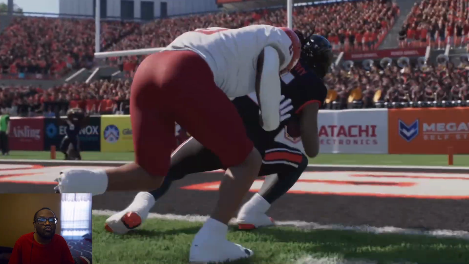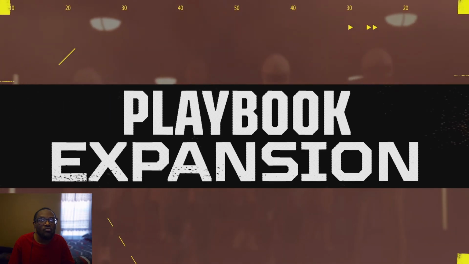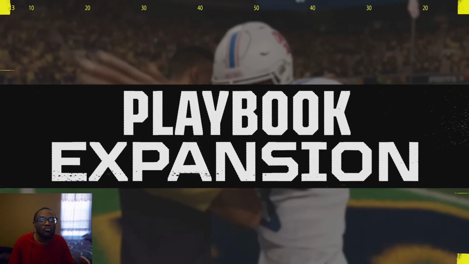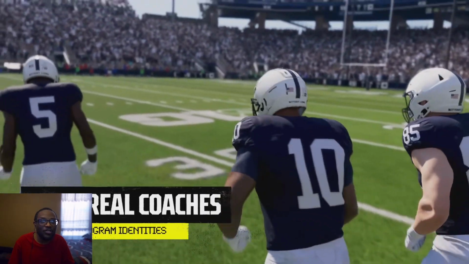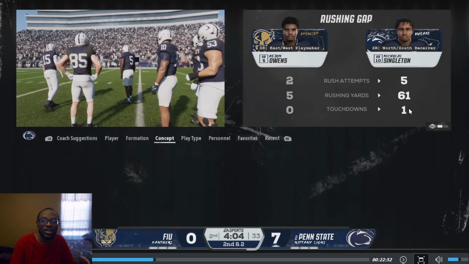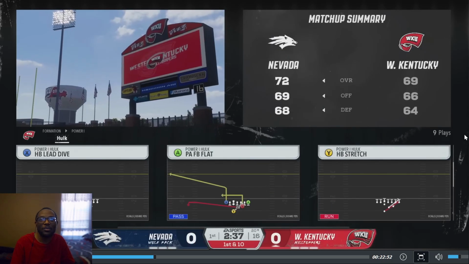Moving on to playbooks, it says College Football 26 is delivering the single biggest playbook expansion in EA Sports history. 2,800 new plays and 45 new formations, all tuned to reflect the chaos, creativity, and pageantry that absolutely defines Saturday football. With the arrival of 300 real coaches for the first time in the series,